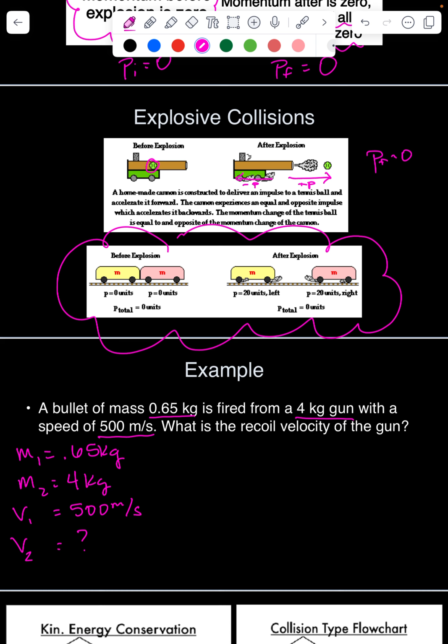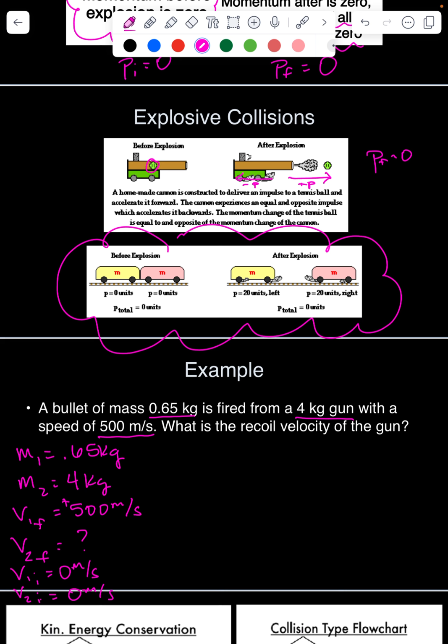that the initial velocities of both the bullet and the gun were 0. So this 500, which we're going to assume is going in the positive direction, so it'll be positive 500. And the recoil velocity that we're trying to find are our final velocities. So both the initial velocity of the bullet and the initial velocity of the gun are 0 before the gun